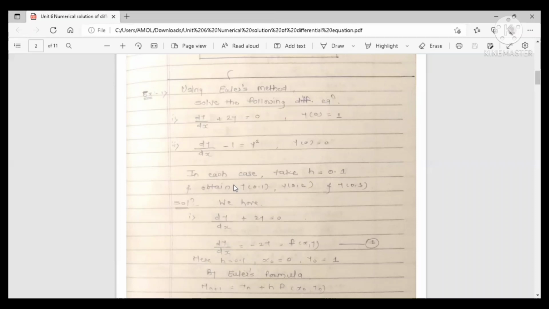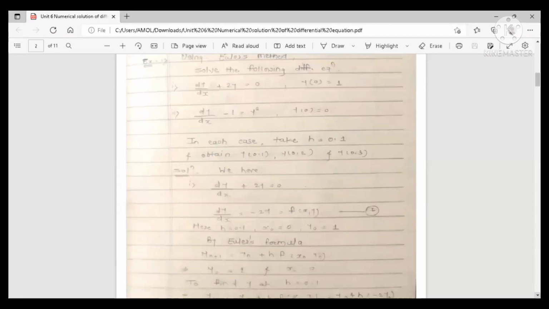Now in each case, we have to take h is equal to 0.1 and obtain y of 0.1, y of 0.2, y of 0.3. Okay. Now here, first